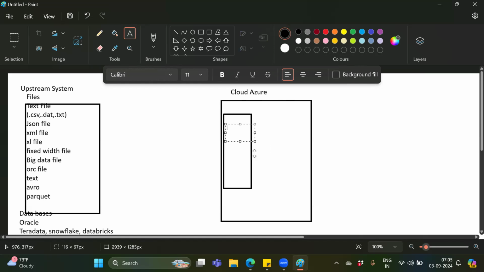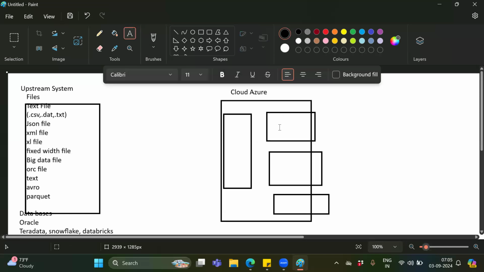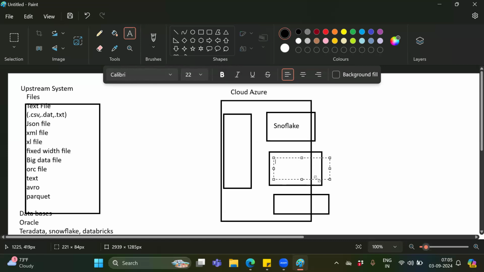And from here, you need to connect with your Snowflake, Databricks, or any other ETL, Redshift.